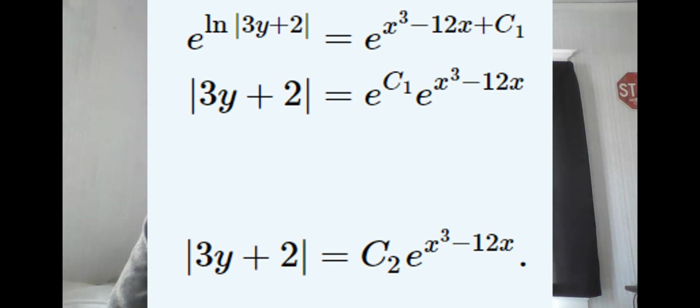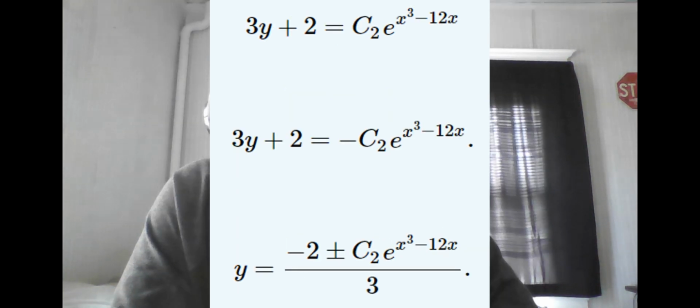We can next simplify the right-hand side using properties of exponents, and assume, to make our life simpler, that e raised to the power of a constant is a constant number, which is true logically. Get rid of the absolute value bars by making two separate equations, one normal and one with a negative sign tacked on the right hand. And then finally, use simple algebra techniques to get y all by itself, and we conclude that y must logically